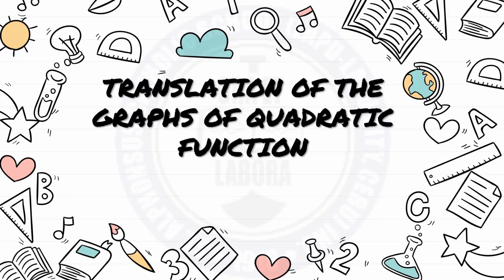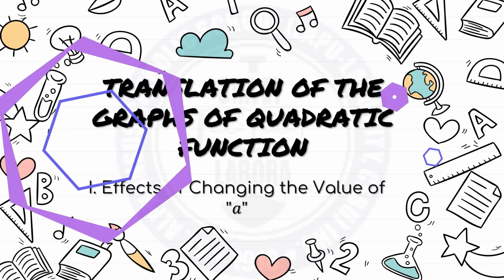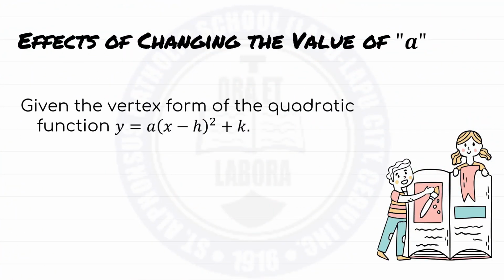Translation of the graphs of quadratic function. First part, effects of changing the values of a. Given the vertex form of the quadratic function y equals a times quantity x minus h squared plus k, if